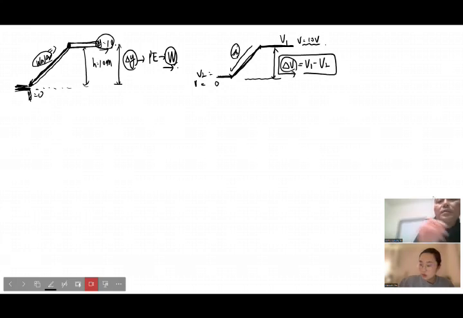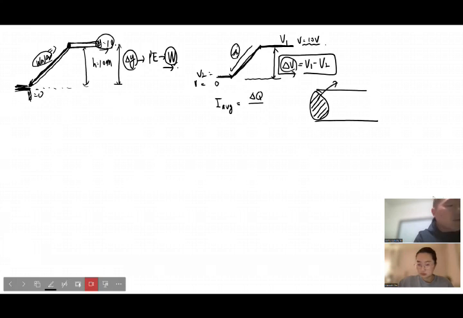Whatever potential bias is applied to the two different electrodes produces the potential difference that should create the current flow from higher voltage to lower voltage. So the current flow over time is proportional to the amount of charge going through the cross section of the wire. If you think of this cross section as delta A, and this amount of charge delta Q passing through this cross-sectional area within a delta T time interval,